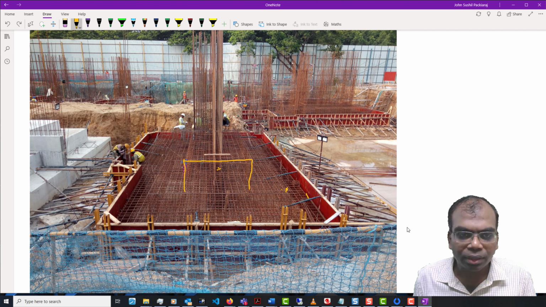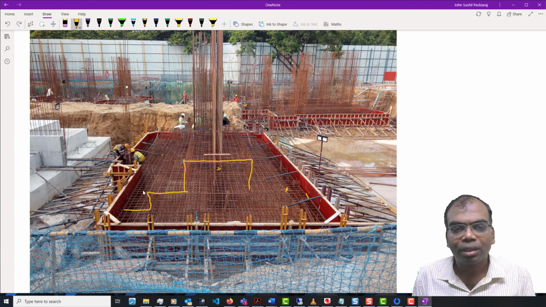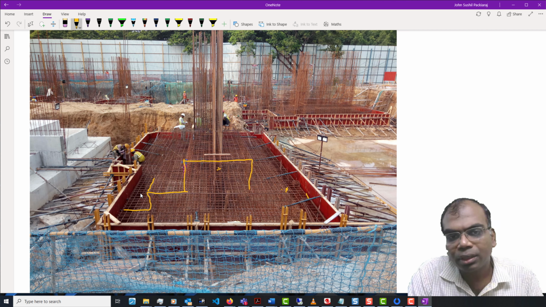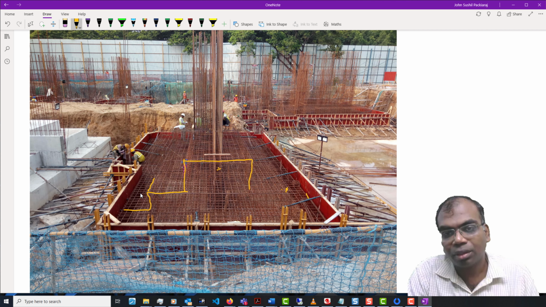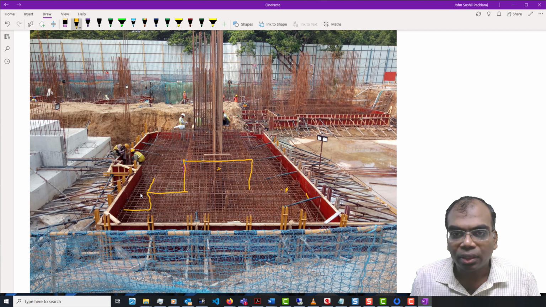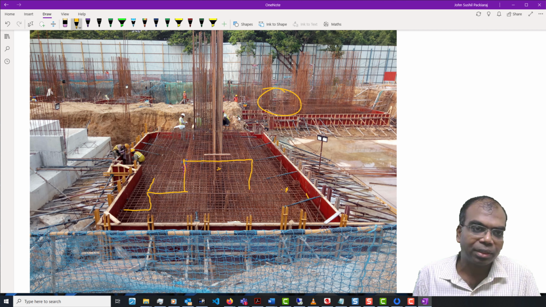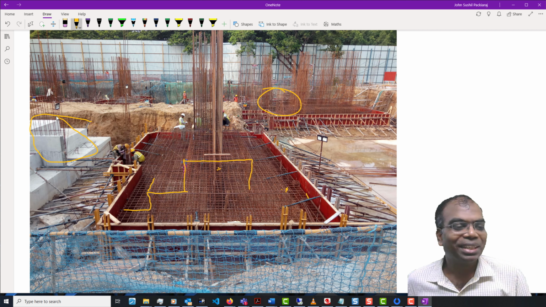So I'm removing this and I'm again drawing this so that hopefully you are able to see the steps more clearly. This is how massive this footing is. Even in these areas, you can see how massive these footings are. Oh, I'm so sorry, here there's a completed footing that you can also see, on the left. So this is how this raft is going to be done.